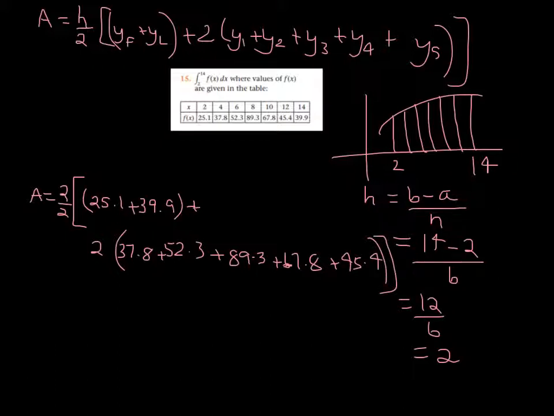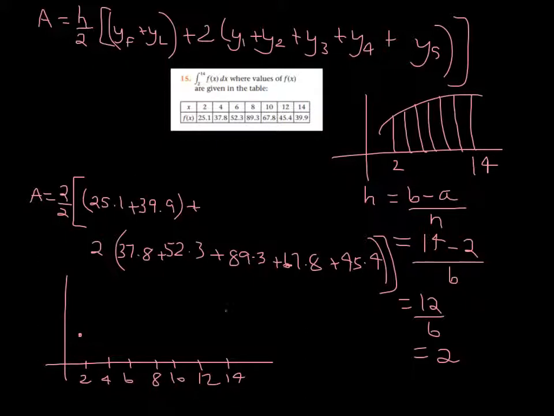Now if you look at those heights, you can gain some idea of what the curve's doing, because it's increasing here. Well, sorry, it's 25 here and 39 here. It's increasing here and here and here, but then it's coming back down. So if we have another little draw of it, not that it matters what it looks like. 2, 4, 6, 8, 10, 12, 14. But we can make some points. So at 2, it's 25.1, which I'll just place randomly there. And the last one's 39.9, which isn't too